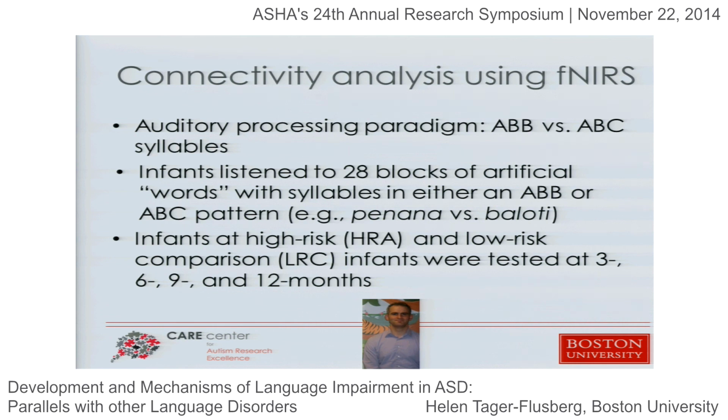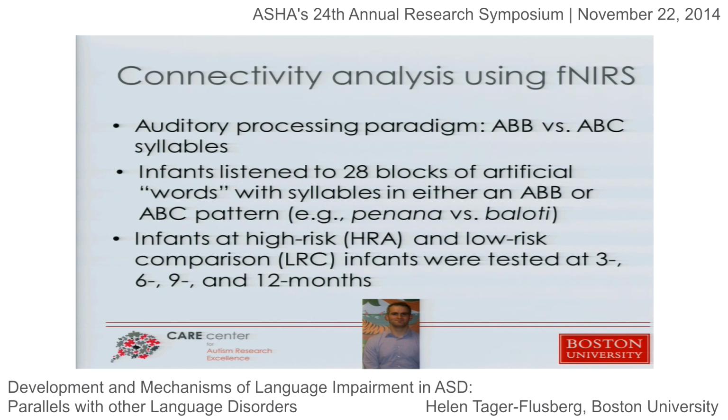I'm good? Okay. We then looked at connectivity using a different technology and a somewhat different paradigm. And this was work that's done by another postdoc, Brandon Keene. And what the infants were doing, and we started this work when the infants were 3 months, was a paradigm that I think we borrowed from Janet Worker, who's done a lot of functional near-infrared spectroscopy work with typically developing infants. The babies are listening, they're wearing that cute little blue cap I showed you, and they're listening to